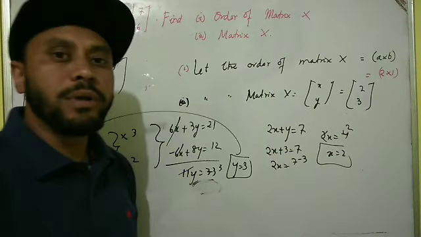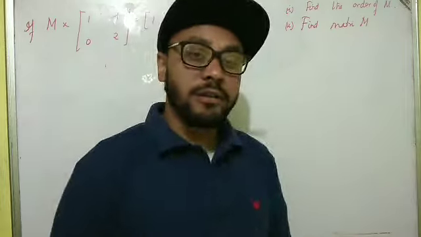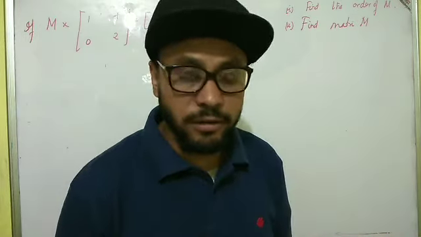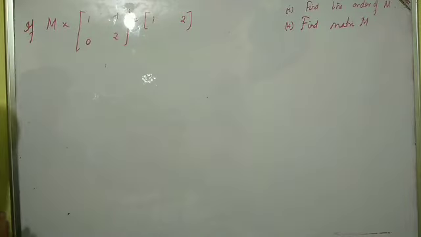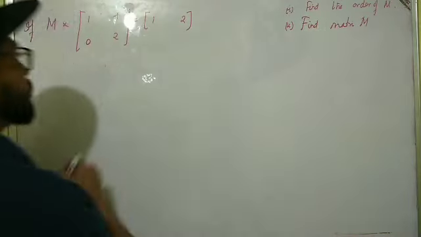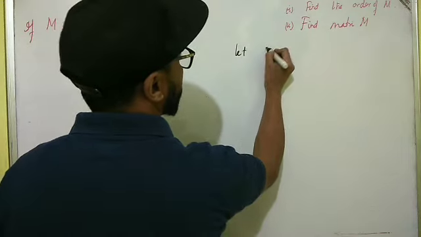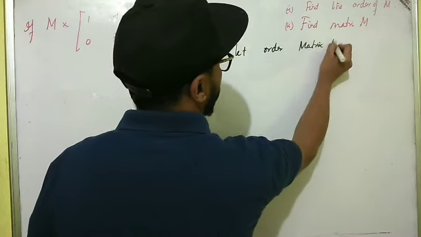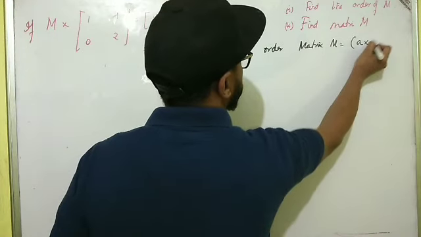This is how we solve. Okay, so let's take another sum of the same type, in which it will be more clear. Okay, now if you look at this one, first we are finding the order of the matrix. So what we do, let the order of matrix M be A cross